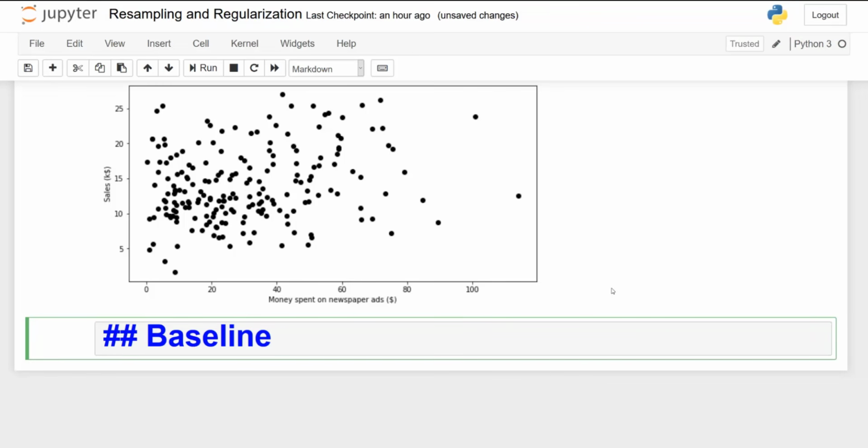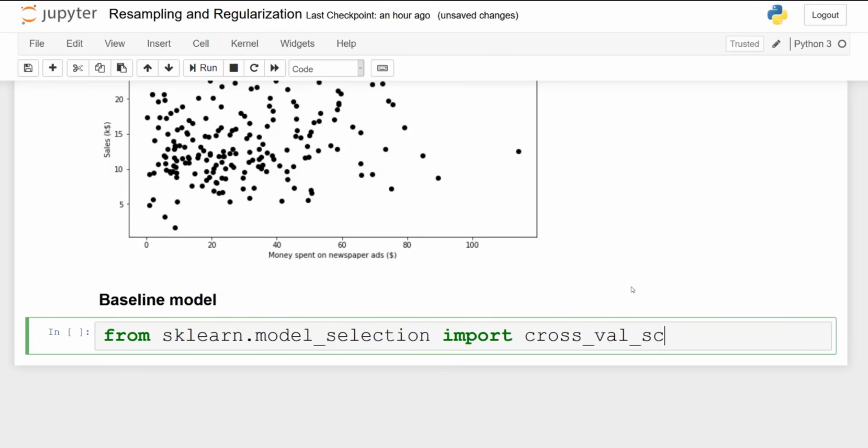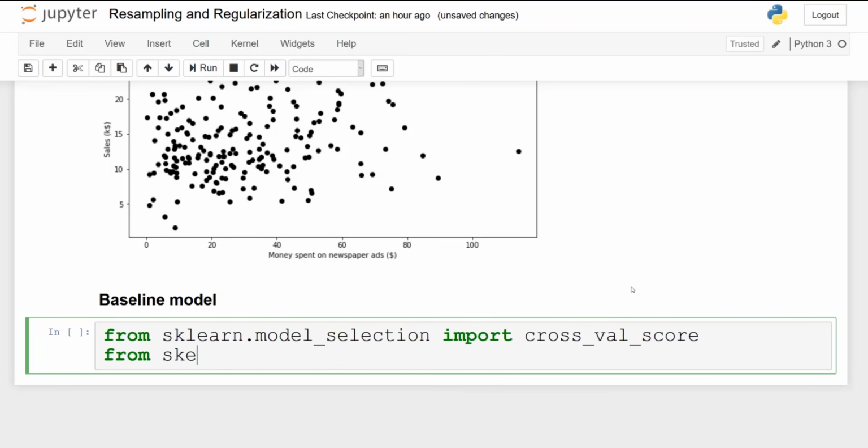So now let's define our baseline model and see how regularization will improve it. First I will import cross_val_score. So from model_selection import cross_val_score and LinearRegression. And these will be used for our baseline.